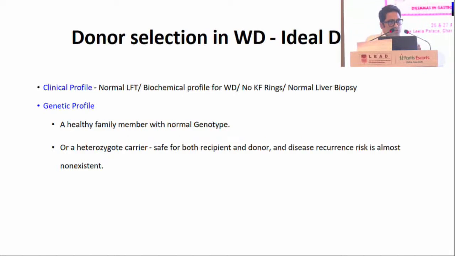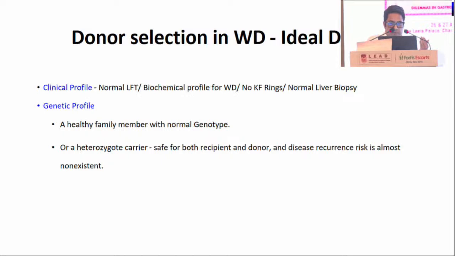In every donor of Wilson's disease, we go ahead with clinical profile mapping of donors. We go for liver function test, we go for copper analysis, ceruloplasmin, KF rings, and in some cases, in my center, we have started doing liver biopsies for such cases also. The genetic profile, as told you, is a gold standard, but usually is not available or patients are very sick